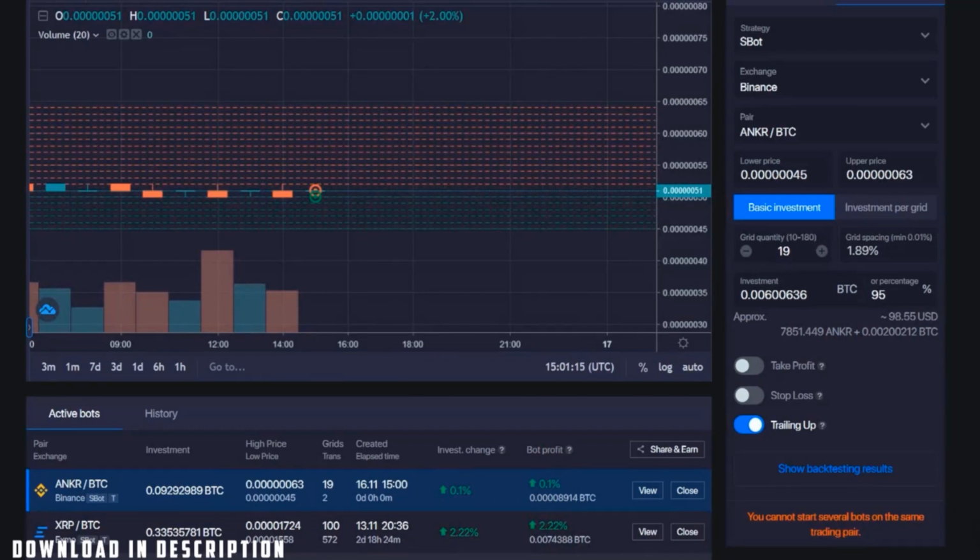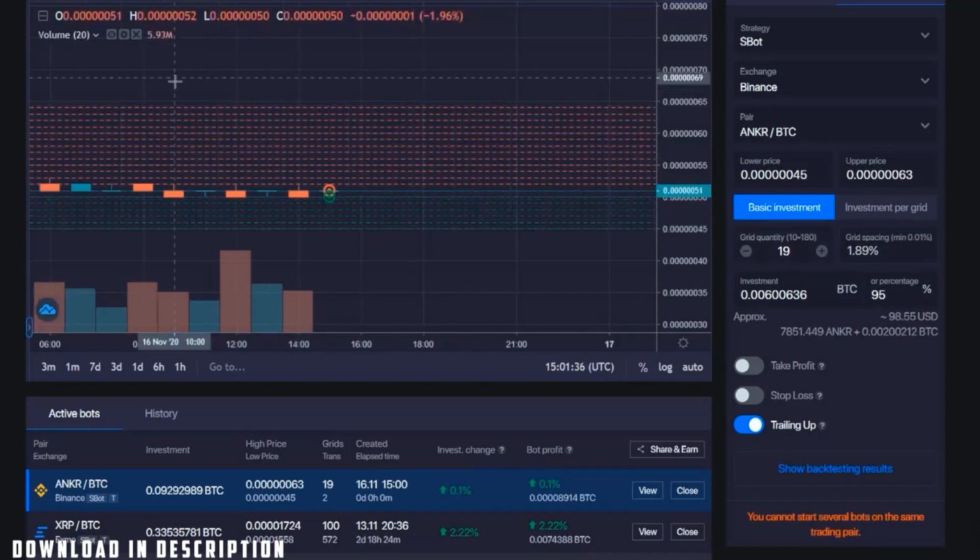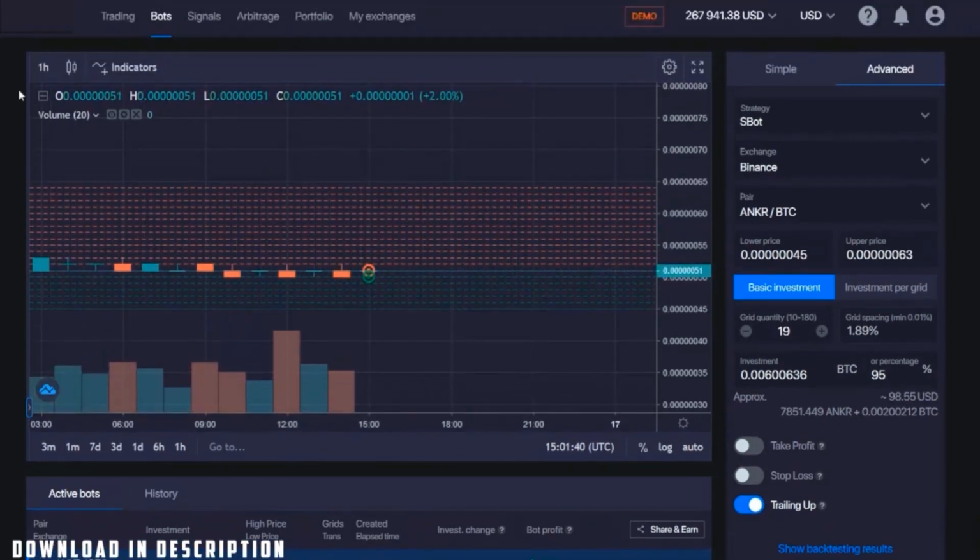For smaller investments, smaller portfolio sizes, I would probably suggest doing Bitcoin pairs on things like Anchor and Harmony One that trade within a smaller range, so you can afford to have a maximum amount of grids in a small amount of places. Because remember, the grids are important, but the price range doesn't necessarily need to be the thing that you focus on. You can have a smaller grid, and as long as you're making transactions constantly, which is likely to happen,